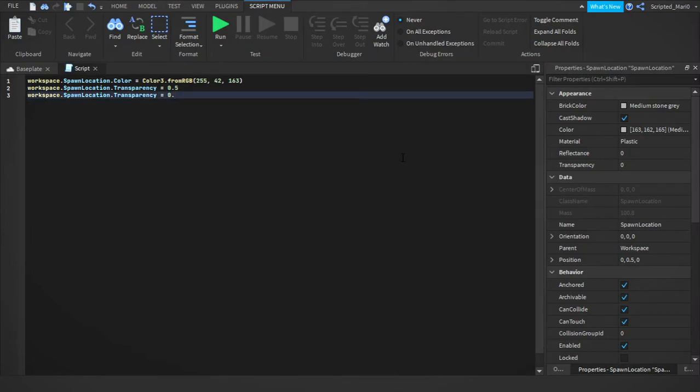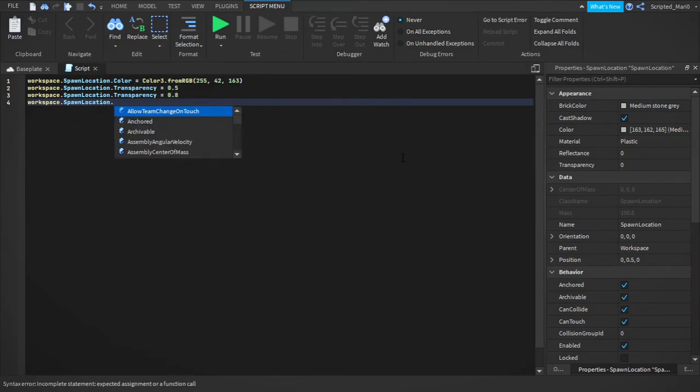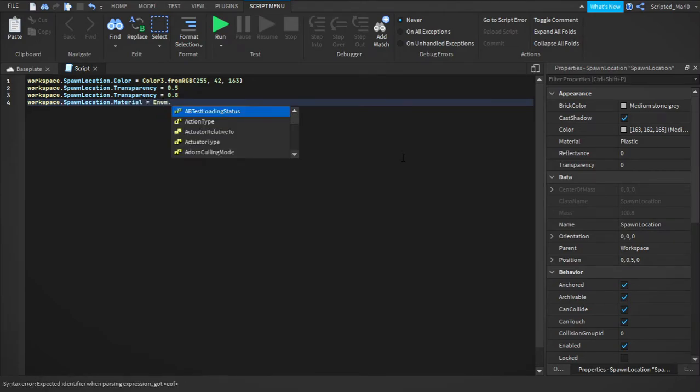I will set it to 0.9 or 0.8. Workspace.SpawnLocation.Material will be an enum value, so Enum.Material, and then as you can see it gives us all these materials. I'll do brick,